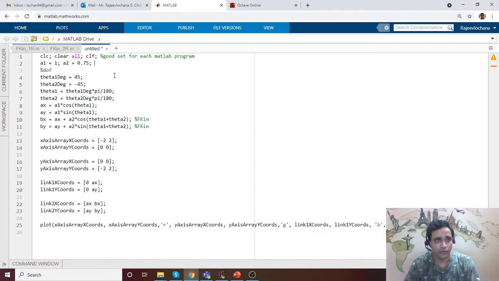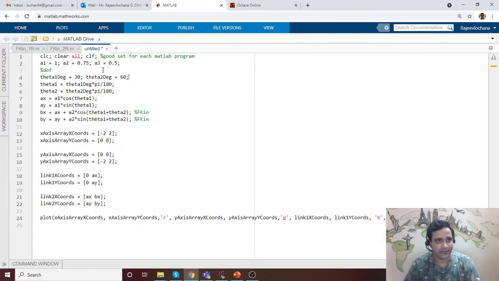So the extension will be in this form. I'll have A3 as 0.5 units. And let me use theta 1 degree as 30, theta 2 degree as 60, theta 3 degree as maybe 90, so it is easy for us to visualize.